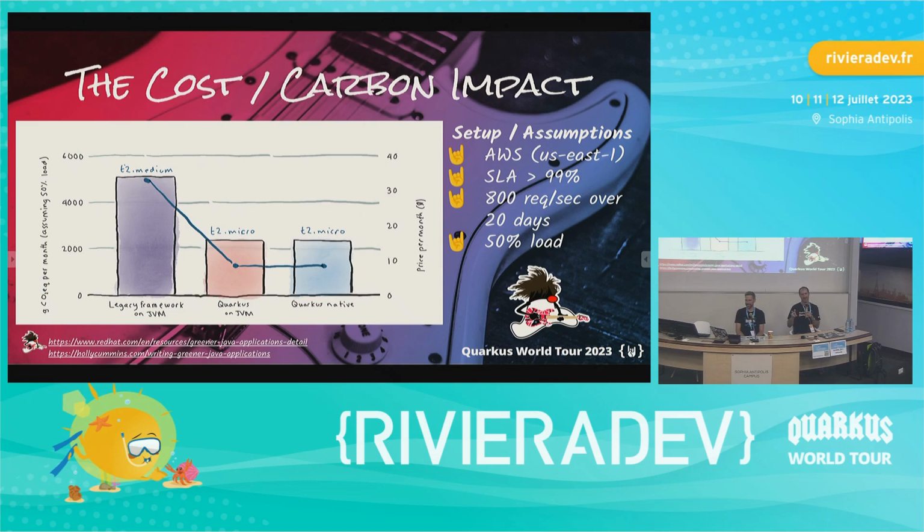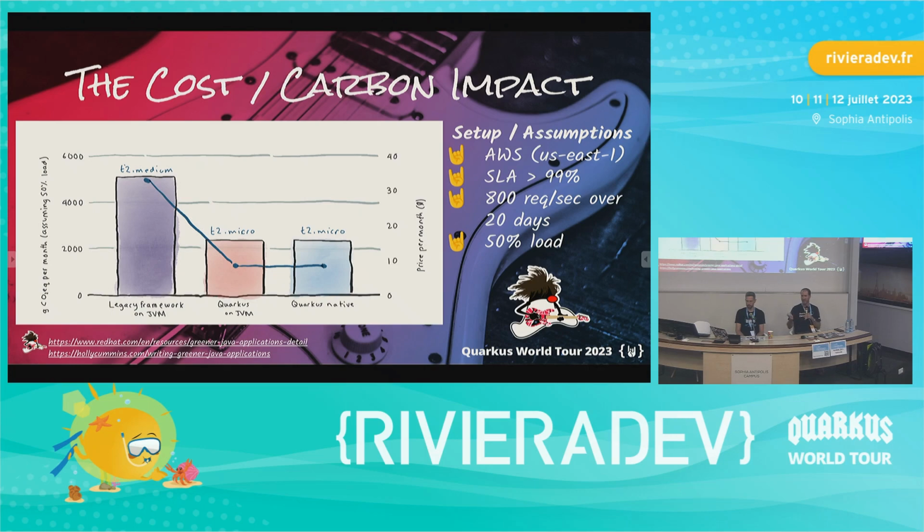But we actually looked at not just the cost impact, but the carbon footprint of a couple different Java frameworks, because everybody wants to be carbon neutral and green friendly. What impact does the framework play? And we actually found that running this on Amazon for a period of 20 days, where we funneled requests at these applications,